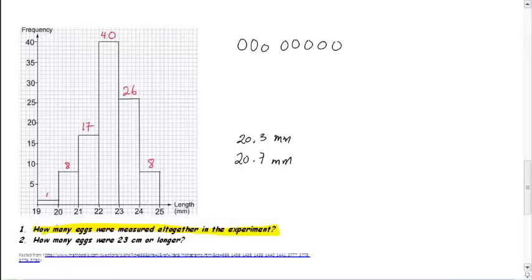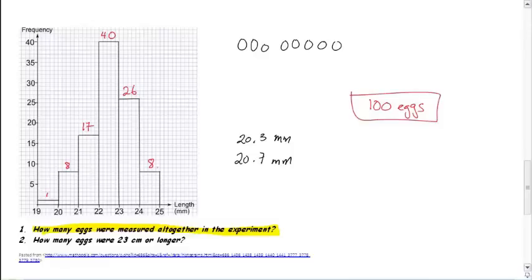So if I wanted to know how many eggs in total were looked at in this experiment, I'd have to add them all together. So 1 plus 8 is 9. 9 plus 17 is 26. 26 plus 40 is 66. 66 plus 26 is 92. 92 plus 8 is 100. So in total, there were 100 eggs